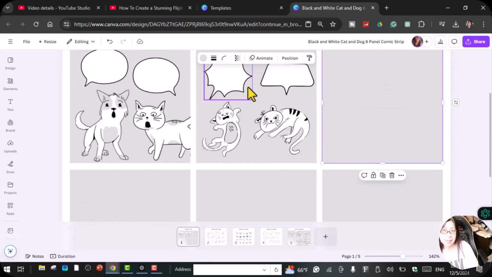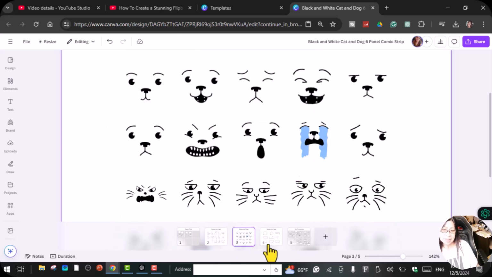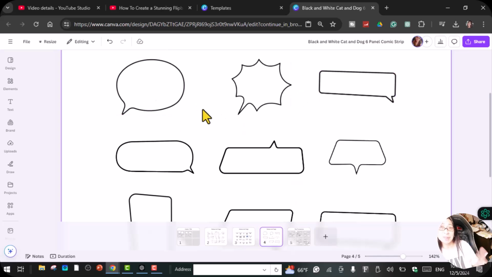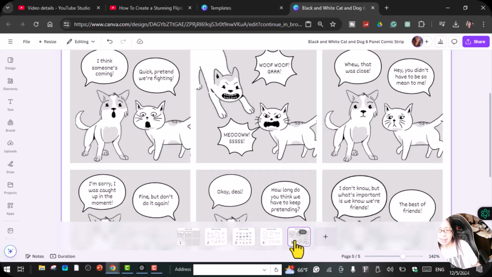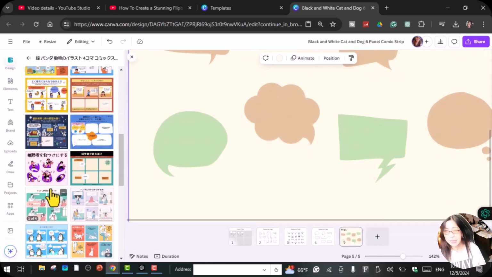You can always make a design here, but there are so many templates included in this. If you choose this one, there are spaces here, and here are the speech bubbles that you can use, and there you go, just like that. Yeah, just play around with this, guys. There are so many comic strips inside of Canva that you can use if you want to create a comic book or a short comic. So you can use this one and just change the conversation, change the characters, speech bubbles,